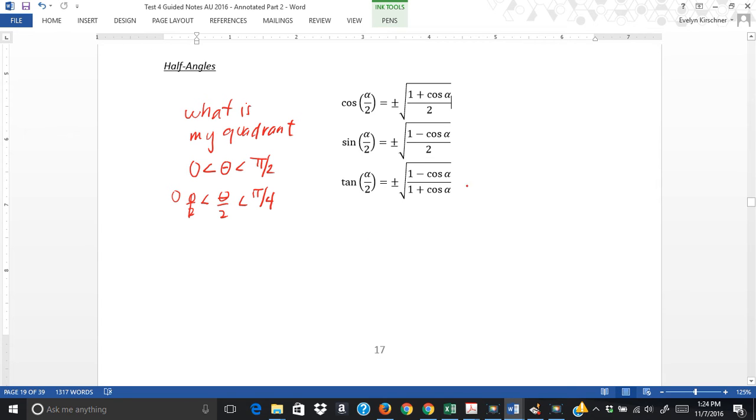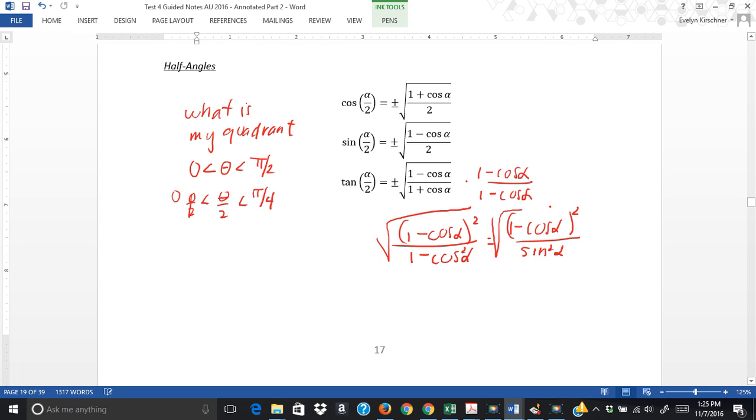Also, if I look at this one, if I could simplify this a little bit, what if I multiply by 1 minus cosine alpha over 1 minus cosine alpha? This becomes 1 minus cosine alpha squared over 1 minus cosine squared alpha, and that's 1 minus cosine alpha squared over, this would be sine squared alpha. Remember, this is all under a radical, and so this becomes 1 minus cosine alpha over